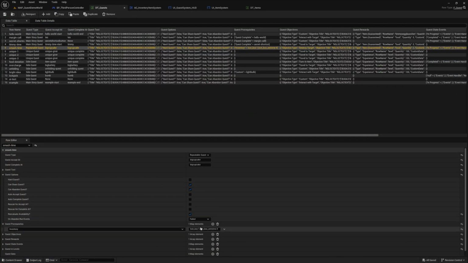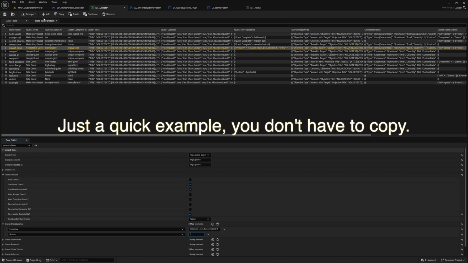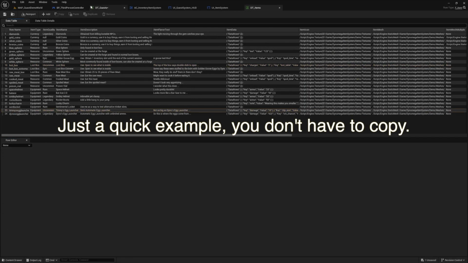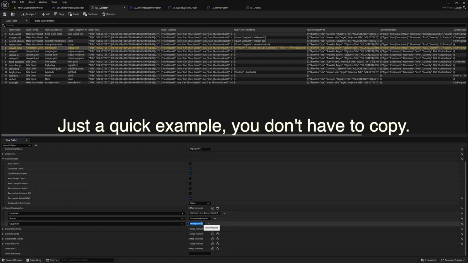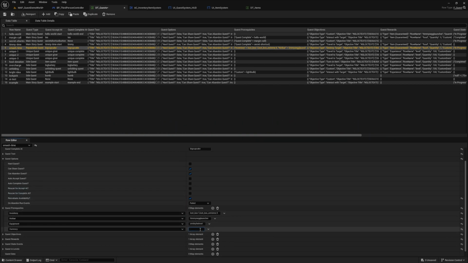Now back on our data table, we can use the hotbar, equipment, and currency prerequisite types. And the syntax for them works the exact same way as the one we just did. You can get as crazy with it as you need. For example, if we want to have a hidden quest that is only available when we have a smiley helmet equipped, Timmy's egg launch in our hotbar, a loot boxer and loot box extremes in our inventory, and 100 gold,